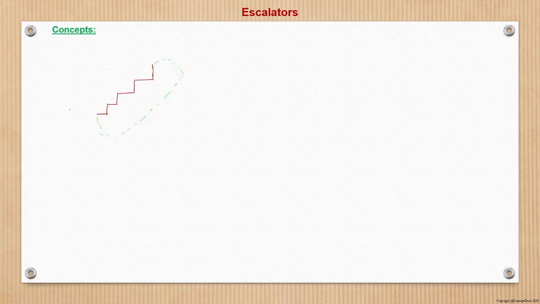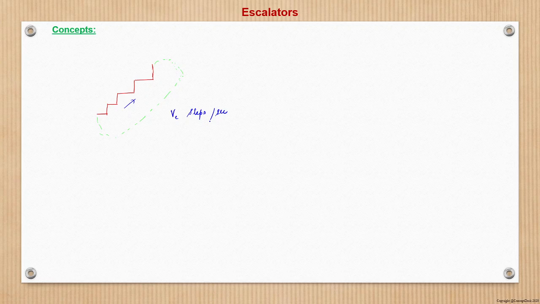Now typically, this escalator would be moving upward. Here we take a case of an ascending escalator, that is, a moving upward escalator. So this escalator is moving, say, at a speed of VE steps